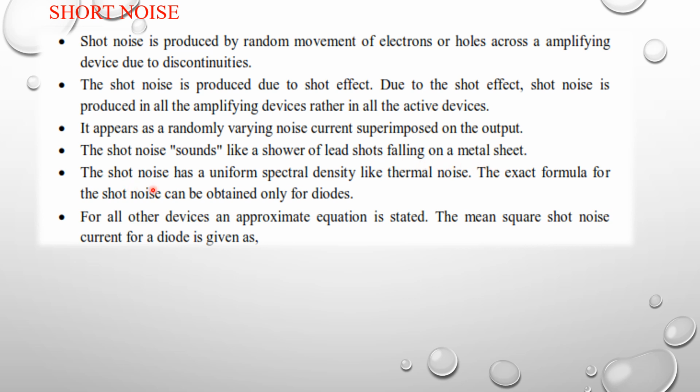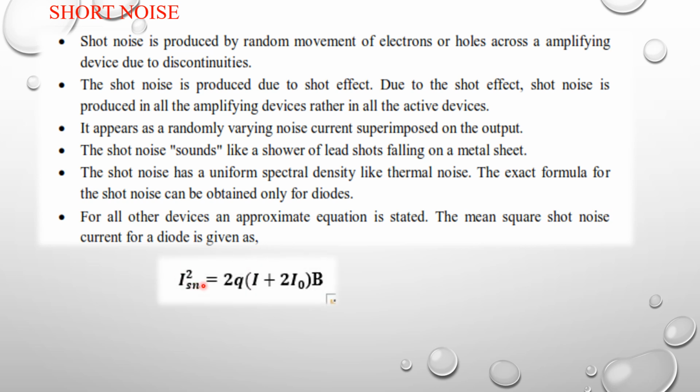The shot noise has a uniform spectral density like thermal noise. The exact formula for the shot noise can be obtained only for diodes. For all other devices, an approximate equation is stated. The mean square shot noise current for a diode is given as